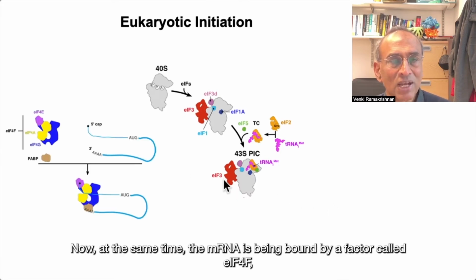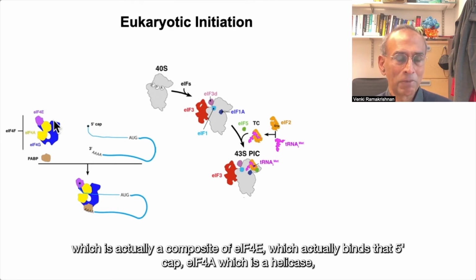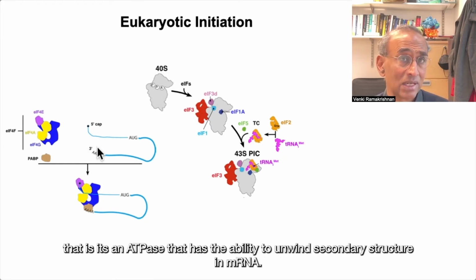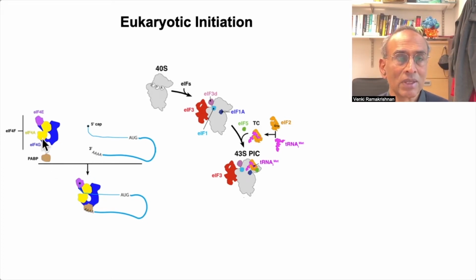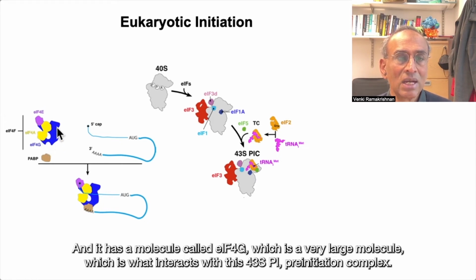Now, at the same time, the mRNA is being bound by a factor called EIF4F, which is actually a composite of EIF4E, which binds that 5' cap, EIF4A, which is a helicase, that is, it's an ATPase that has the ability to unwind secondary structure in mRNA, and EIF4G, which is a very large molecule, which is what interacts with this 43S